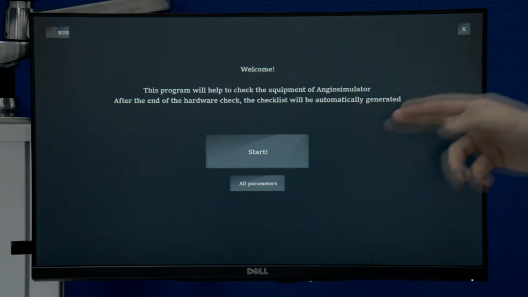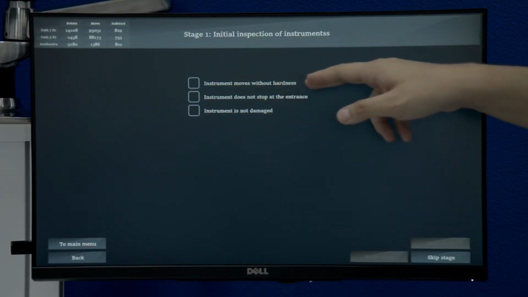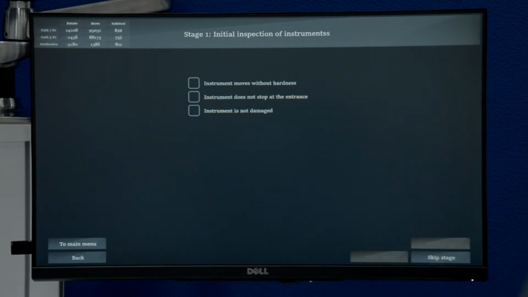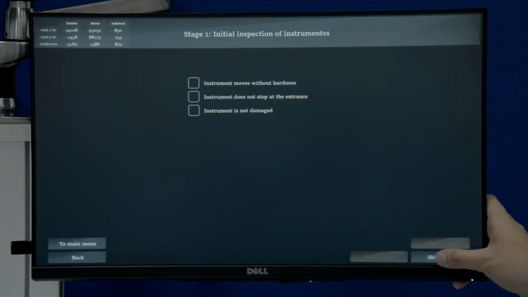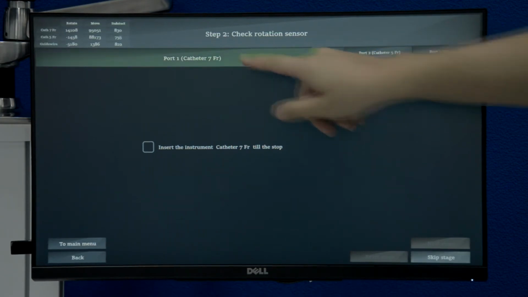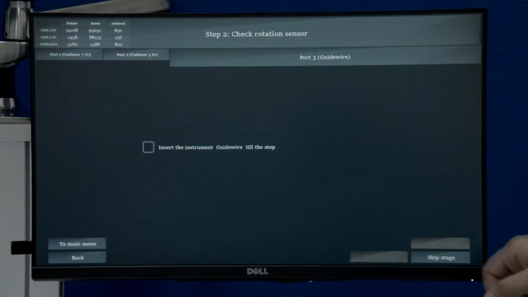You read what it says, it's like a mini game, and you press start and tick boxes if needed. For example, instrument moves without hardness or instrument is not damaged, and then you press skip stage. I'm going to be pressing skip stage because this simulator is of course already calibrated, and here notice you have these tabs you might need to be switching between. I'm going to skip this stage,